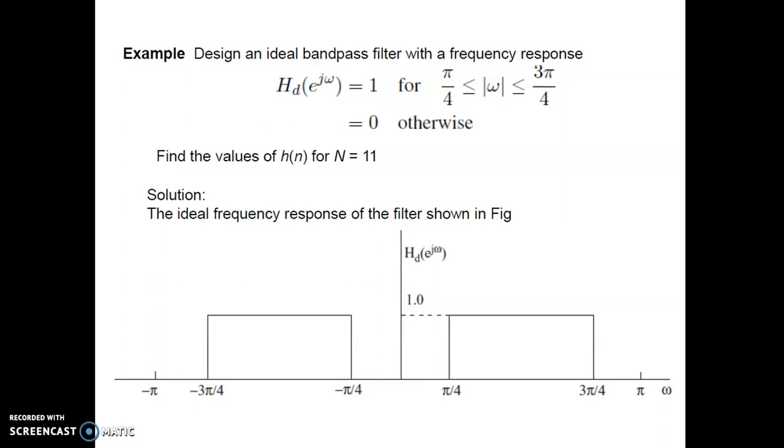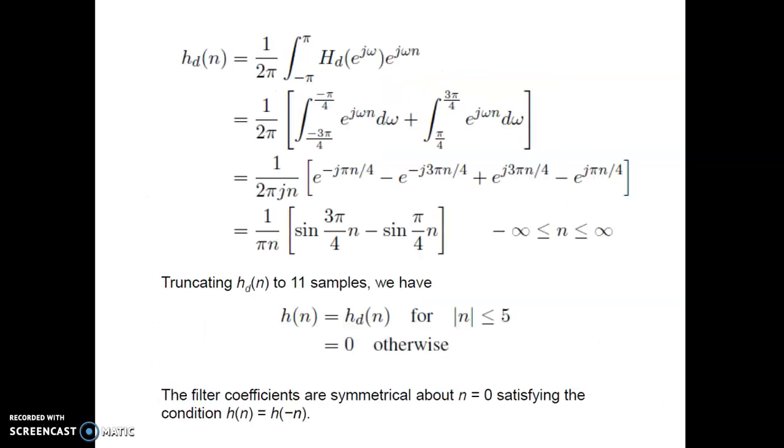So in the frequency chart we have ω going from -π to π, but Hd(e^jω) is 1 only from -3π/4 to -π/4 and from π/4 to 3π/4. Now again using the formula hd(n) = 1/2π ∫ from -π to π of Hd(e^jω) e^jωn dω,